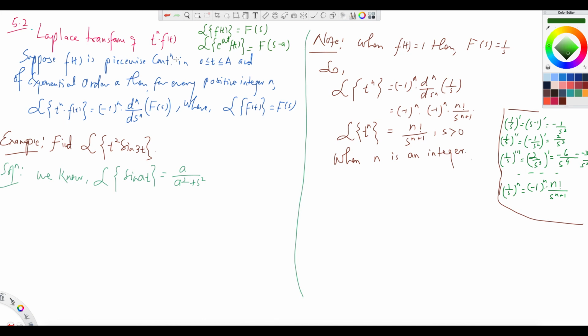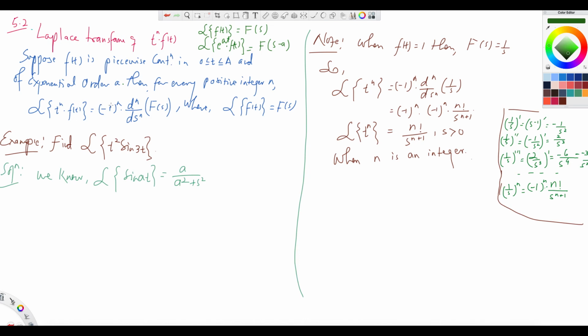Suppose f of t is piecewise continuous in the interval 0 less than or equal to t less than or equal to a and of exponential order a, okay? Then for every positive integer n, the Laplace transform of t to the n times f of t. So not e to the at, because we have the formula for e to the at times f of t already. Now if you multiply the function f of t by t to the n, where n is an integer,